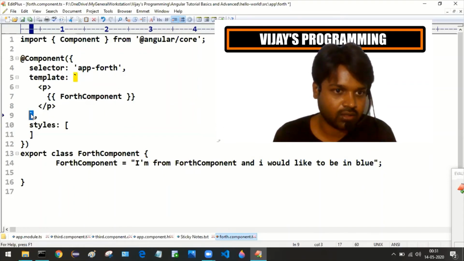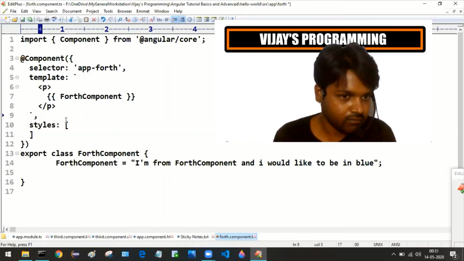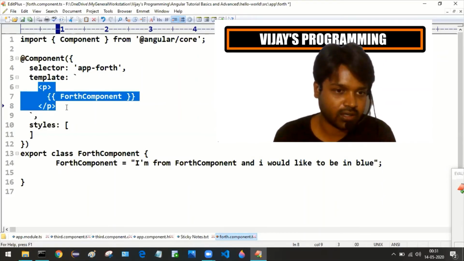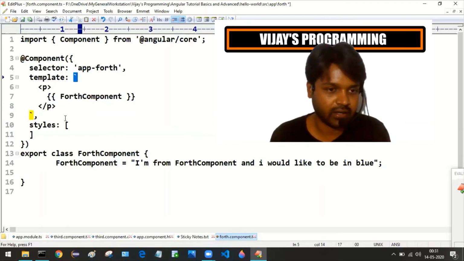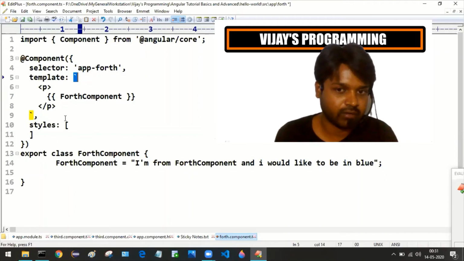That is the purpose of this backtick. This whole content has been enclosed with the backtick. We don't usually use this backtick, but here there is a usage. You need to enclose that content within the pair of backticks.